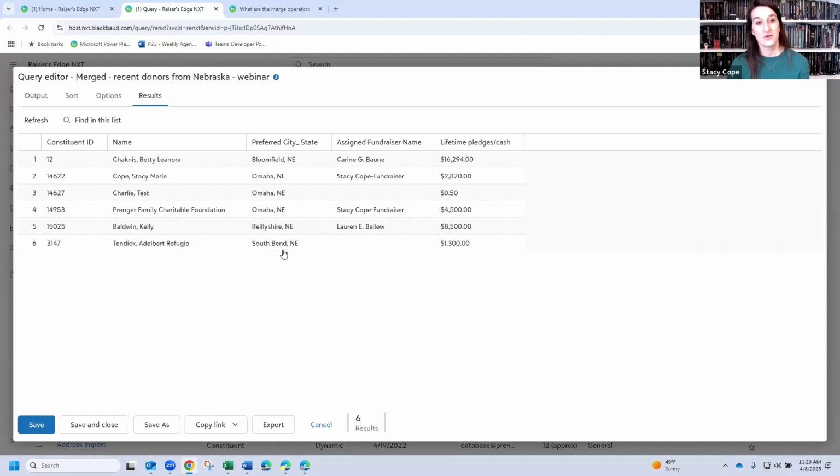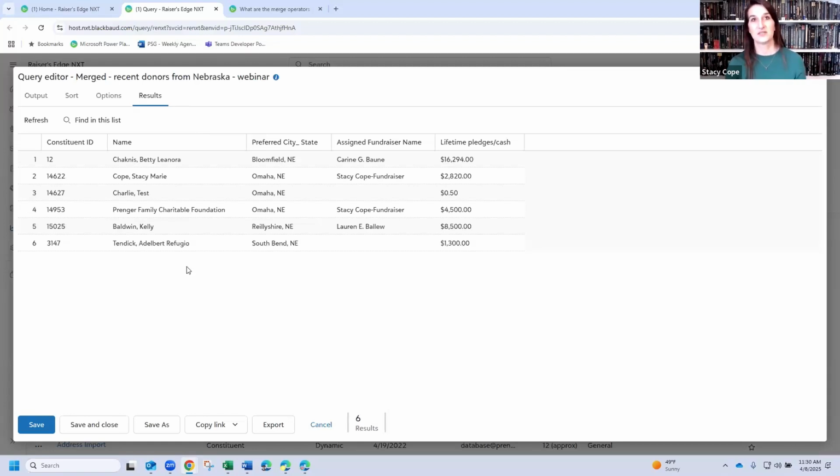But static queries that you create as a standalone static query work a little bit differently than this. Remember how the results showed the old results until I saved, and then it showed the new results here. Regular static queries do not operate that way. They will show you on the results page everybody that qualifies for this query now, even if you have not saved. So the general rule of thumb with static queries is don't necessarily trust what you see on the results page,